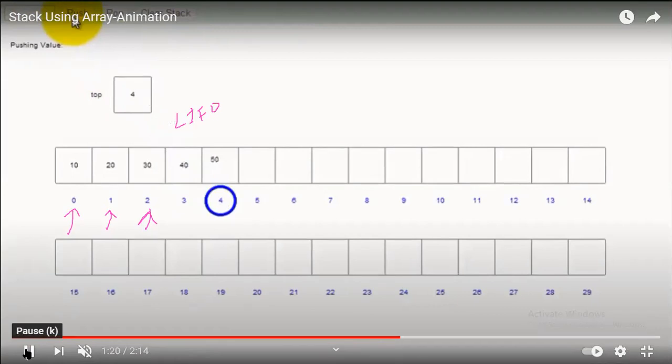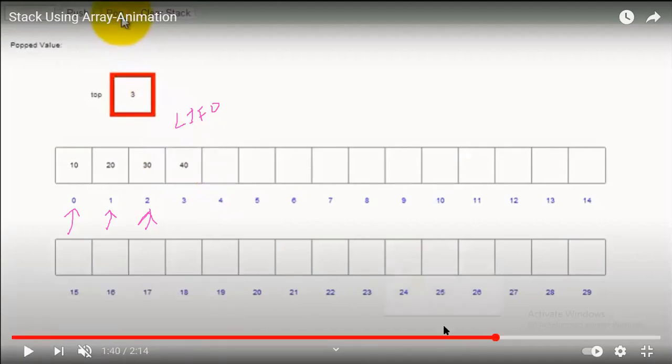The top grows with respect to the maximum size of the stack. Here the maximum size of the stack is 30 elements. If the top value equals maximum size minus 1, what is maximum size minus 1? That is 30 minus 1, which is 29. So you have a provision to check before I pop.